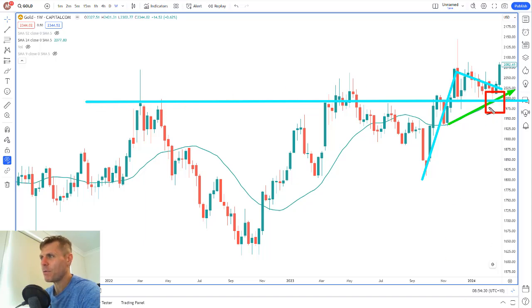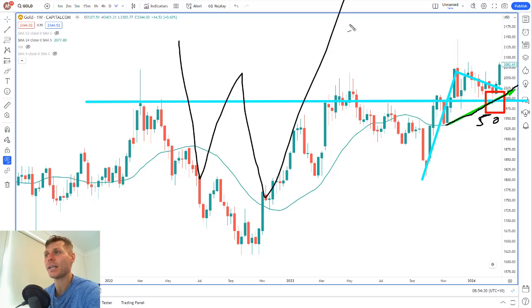We had the 50% Fibonacci level. See what I'm doing, guys? I'm overlaying this. There's nothing to do with the stochastics or RSI. And then on top of all of that, I started to see this 24 moving average start to come up through there. I like to use the moving average like a momentum indicator, right? And now we had this strong momentum kicking in, and I'm like, guys, this is the weekly chart here.